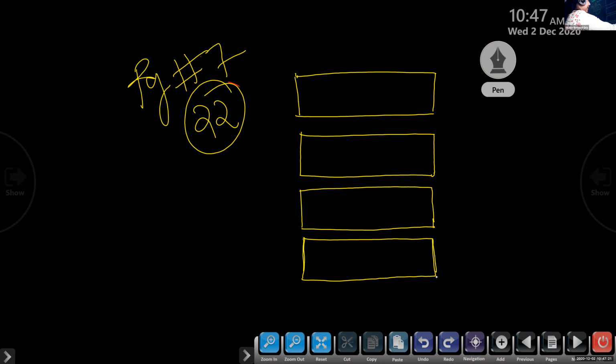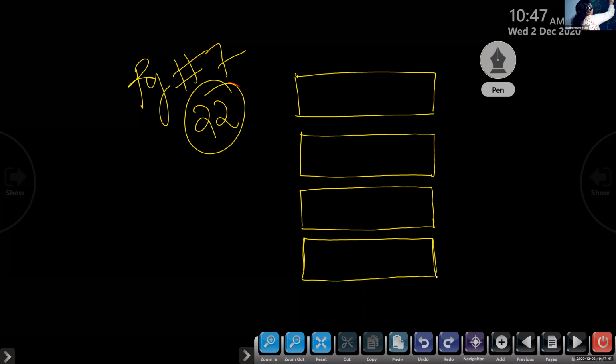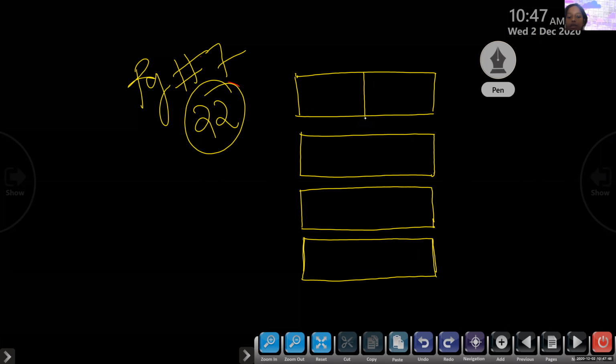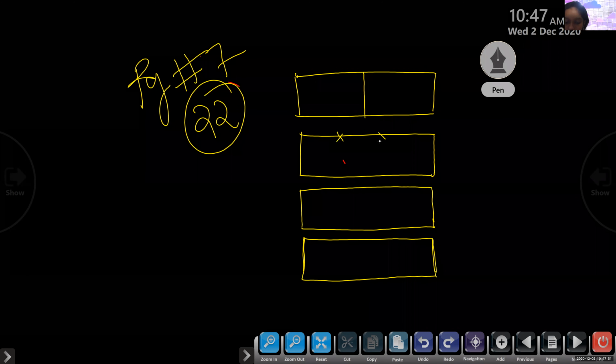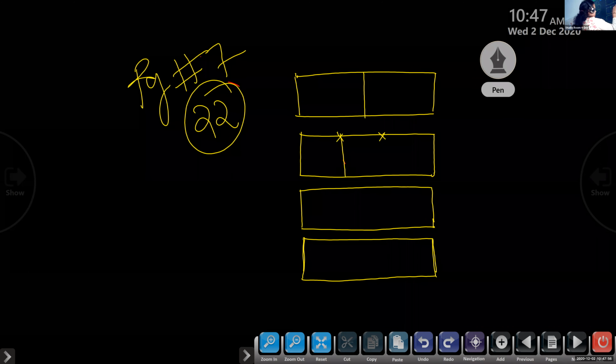So children, yes, Laya, can you tell me, the first rectangle, how many parts do you have to divide it into? Draw 4 similar rectangles. Then how can we divide? Into 2 parts. So the first one we will divide into 2 equal parts. Next one you have to divide into 3. Here you have to draw 2 parts. Here you have to draw 3 parts.